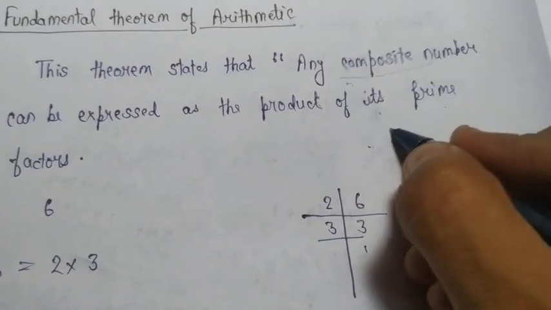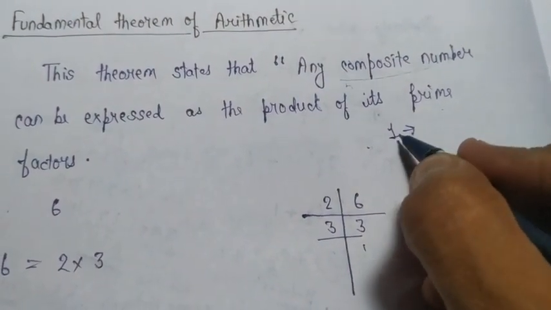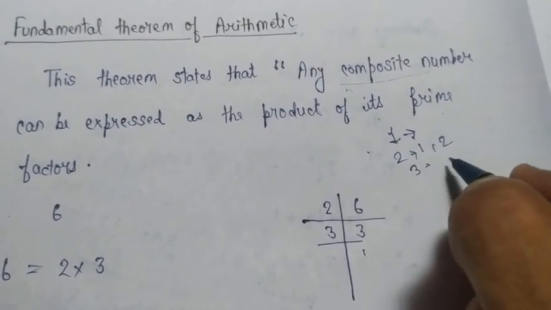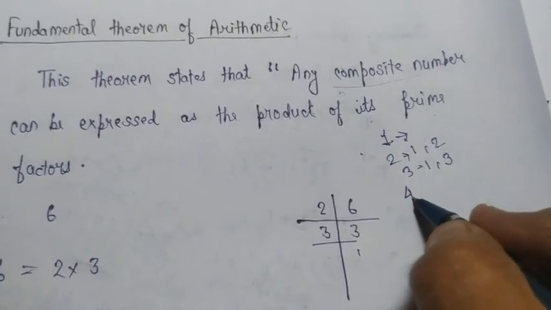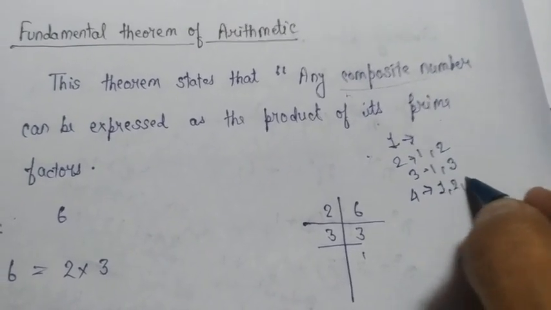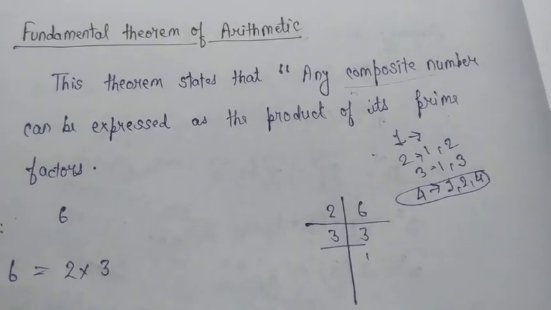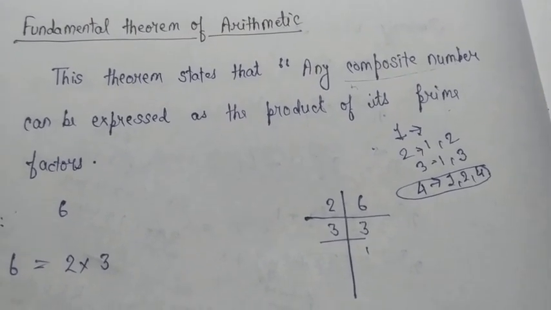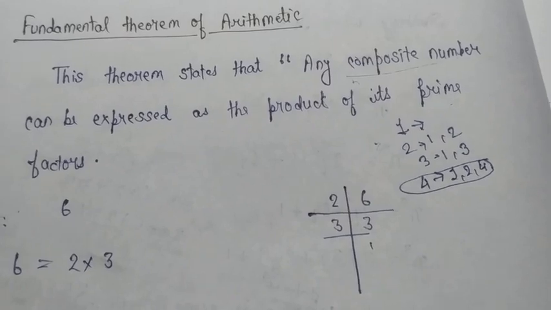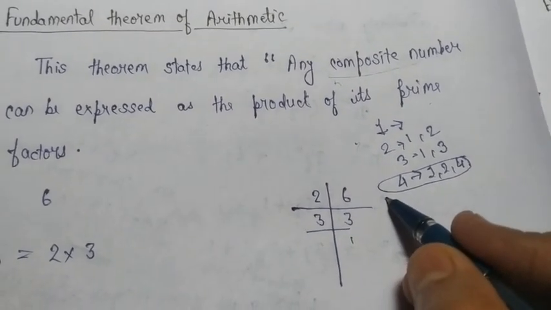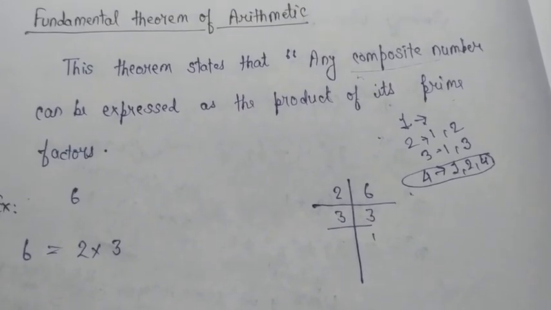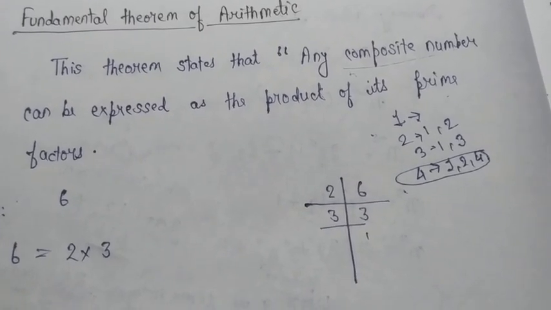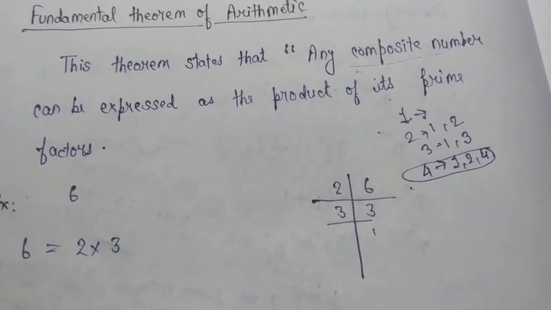Now see, 1 is a unique number, it is a natural number, so it has only one factor. 2 has only two factors, 1 and 2. 3 has only 2 factors, that is 1 and 3. But 4 has 3 factors, that is 1, 2, and 4. You are seeing now? As I said, composite numbers have more than 2 factors, so the smallest positive composite number is 4. I have written it here. So whenever anyone asks you what the smallest composite number is, it is 4. Afterwards 6, afterwards 8, afterwards 9, and so on.